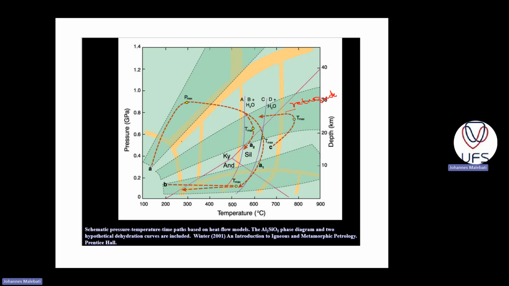So let's start with A, all right? With this A, you can tell without any fear of doubt that this is a clockwise path, all right? And we've already mentioned that this would be typical in an orogenic belt,